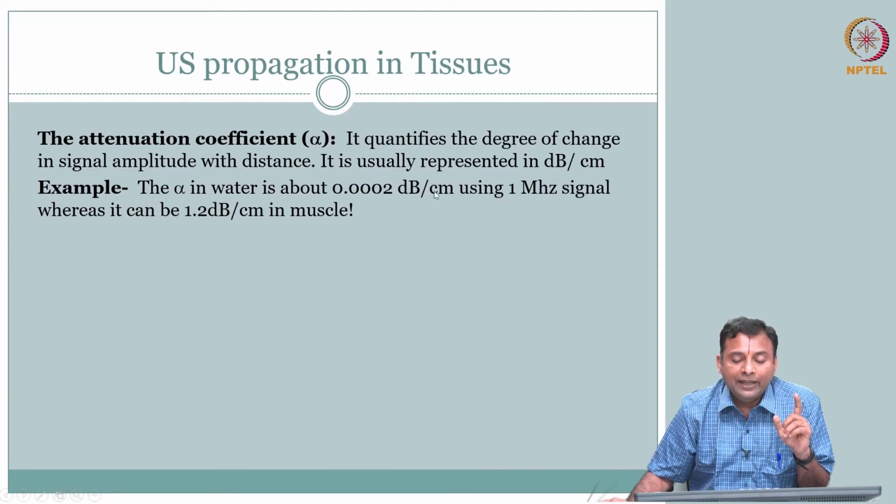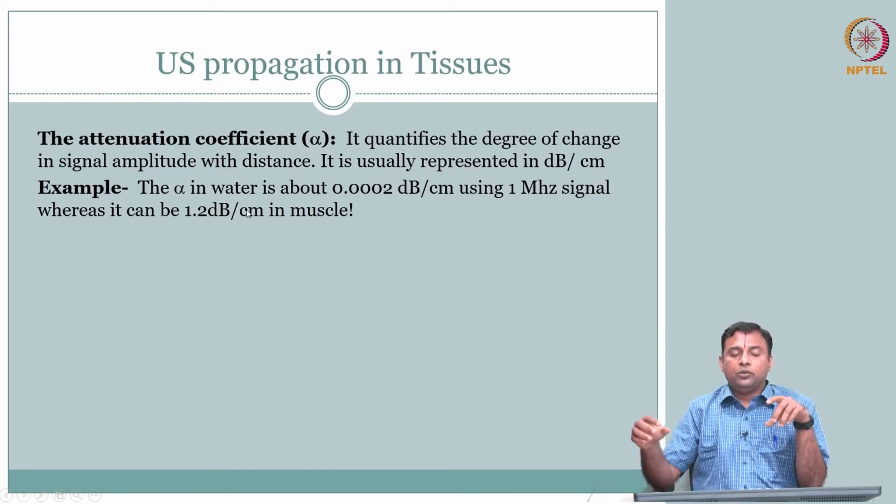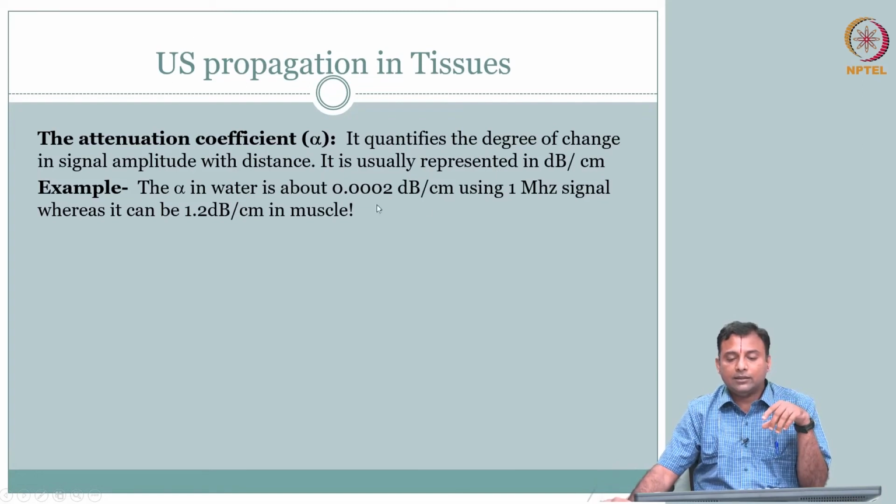Okay. So in a material, for example water, it is very less, 0.0002 dB per centimeter, whereas if you go to muscle it is 1.2 dB per centimeter. So now you see the challenge. Alpha is reported per megahertz, or using 1 megahertz. Okay. So depending on the distance you are traveling and the tissue type, the signal is going to get lost,